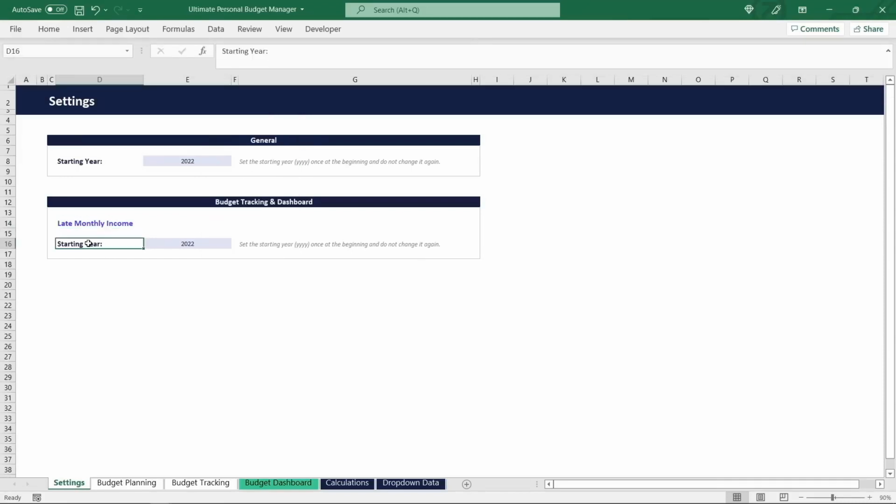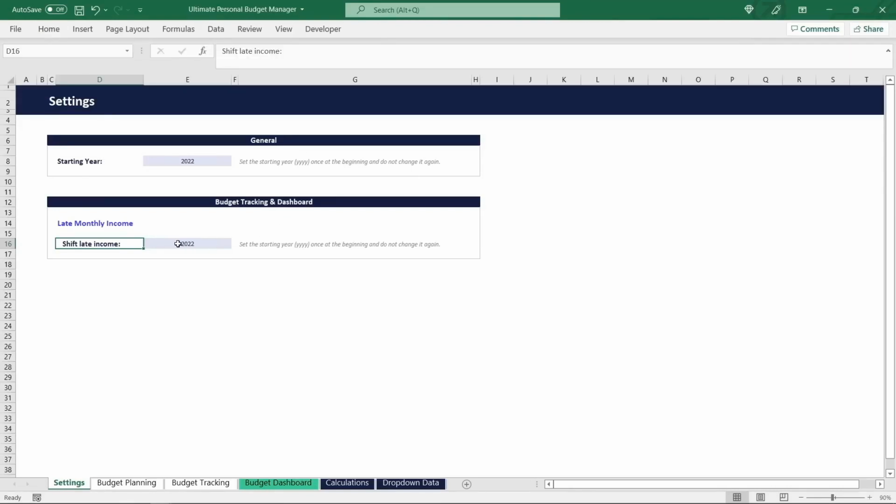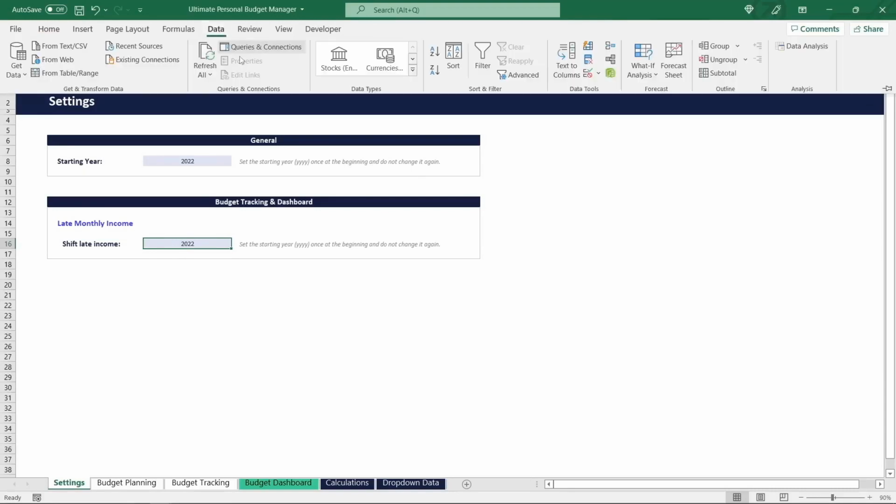The first element here will be a drop-down field to decide if we want to activate or deactivate that shift of the late income to the next month. And as this drop-down field is one of multiple sub-elements below that title, we're gonna add a small indent to the label. To create a drop-down list, let's select the input field, go to the Data tab, and open the